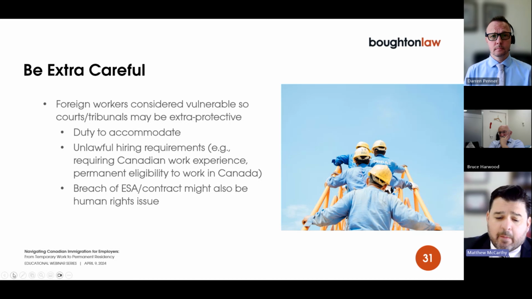So, for example, minor breaches of an employee right that might normally have very small or no consequences at all to the employer could be treated with much more seriousness when it involves a more vulnerable individual like a foreign worker. The breach might be deemed to be targeted or intentional on the employer's behalf.